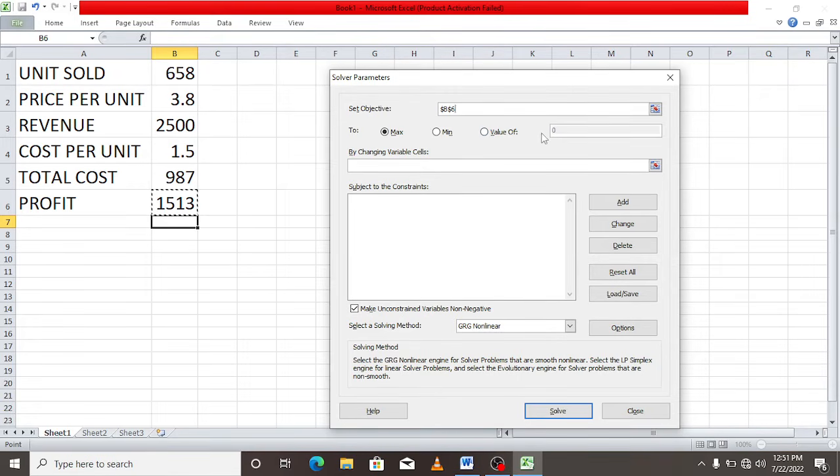And then which value of you have to click here. Value of, you want to change it to 2,000. That is our objective of having a profit of 2,000. Then by changing